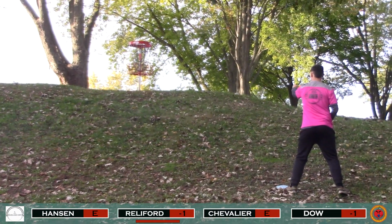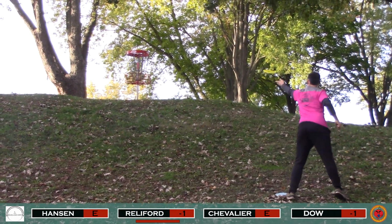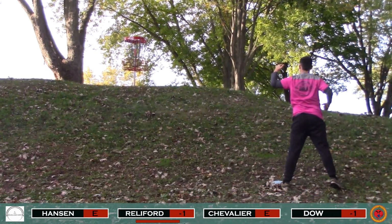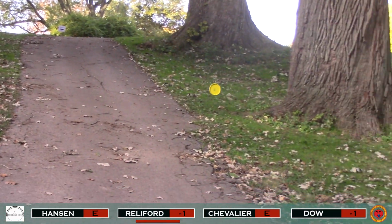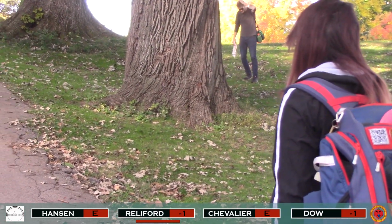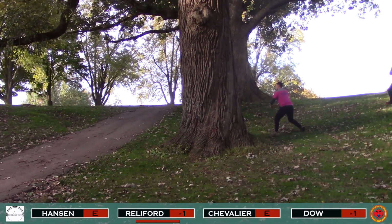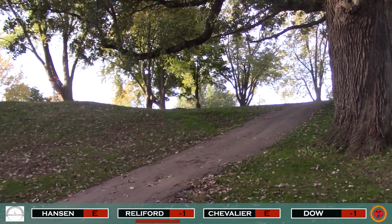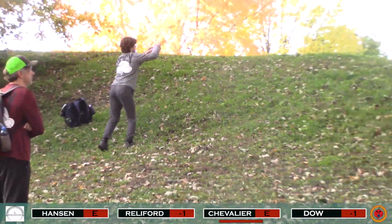Nick Reliford for 2. Oh, no. Oh, no. As I was mentioning earlier, this can be a scary basket, and he finds himself quickly farther than Aren was, but he's trying to save his par now. And he puts it up there close. He tried to give it a bid. So our only chance for birdie now,